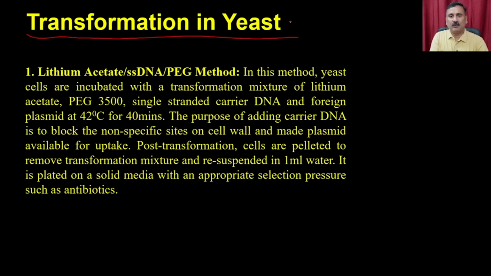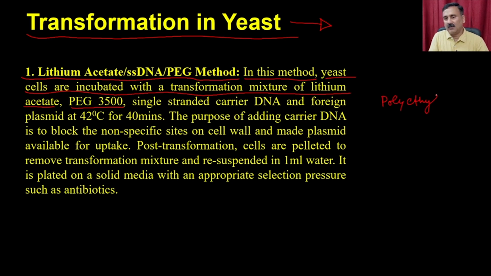So yeast is also another host which you can use for the overexpression purpose, and there are many methods which are available in the yeast. The first method is the lithium acetate single stranded DNA PEG method. In this method, the yeast cells are incubated with a transformation mixture of lithium acetate, PEG 3500, PEG means polyethylene glycol,